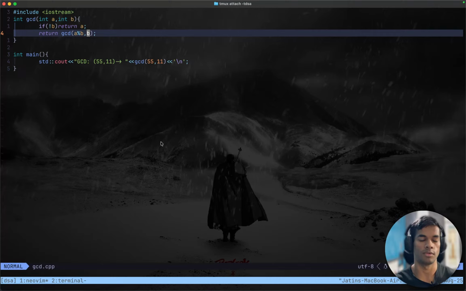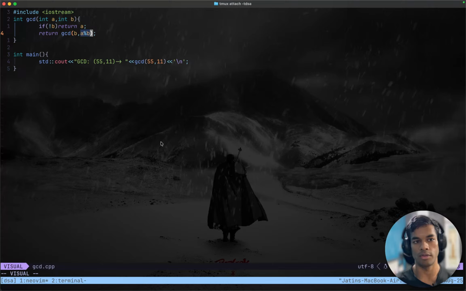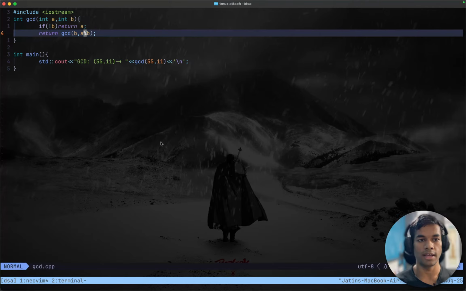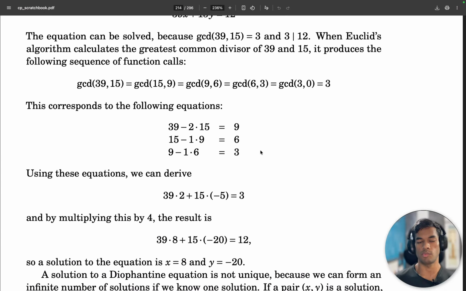Oh, this is not fine. This is B and A remainder B. This is the thing, because we would like to have the bigger number on the left and the smaller number on the right, because we are taking modulus with the number that is on the right, that is the smaller number. So if you would call this with 15 on the left and the remainder on the right, then 9